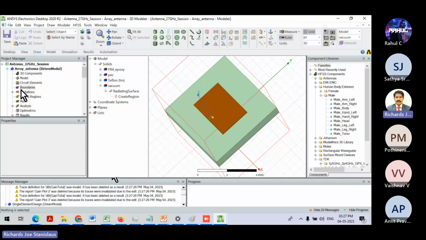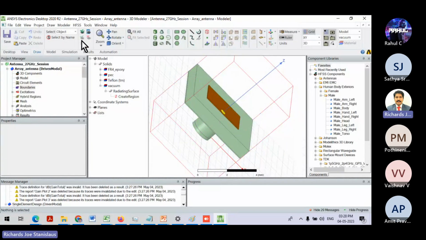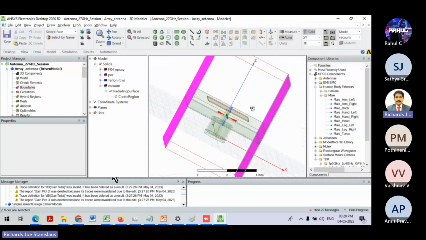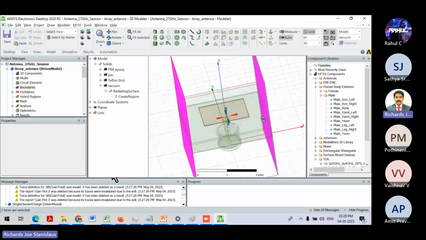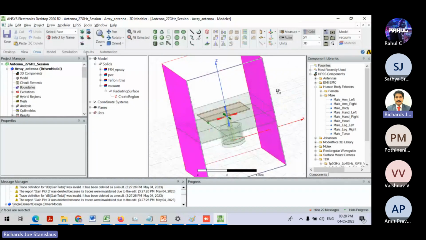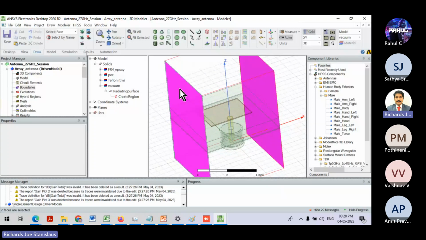How to do that is, for that we should have a master and a slave kind of boundaries along the x and y directions. So I'm going to select a face instead of select object. I'm using the select face and selecting this face and the respective opposite face. So what I have done is I have selected two opposite faces towards x-axis. So if you want to repeat the whole structure, then this is how you need to perform. So the air box is there, right? So that along the sides we are just placing like this, and right click,